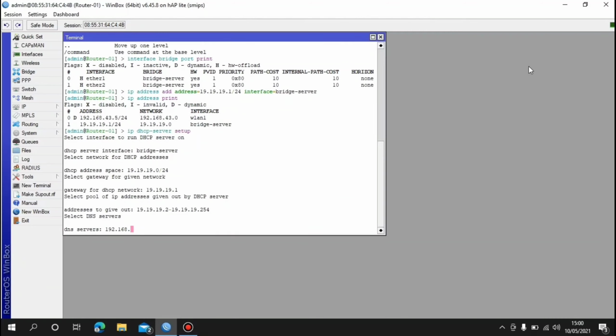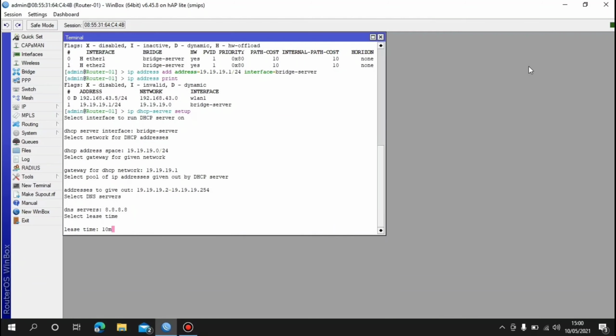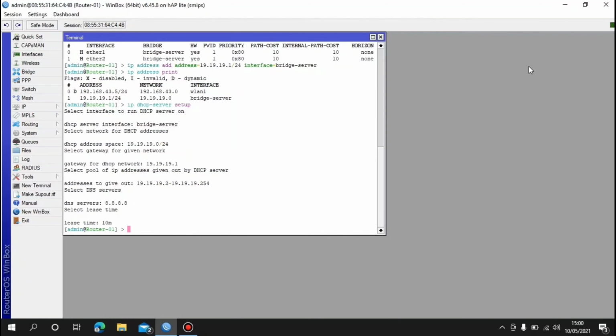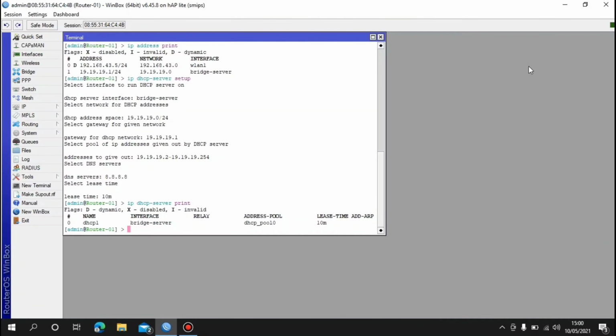But for DNS server, use 8.8.8.8 and enter. Release time is 10 minutes, and then enter. Do checking with the command IP DHCP server print and enter, and we can see the DHCP server successfully created.